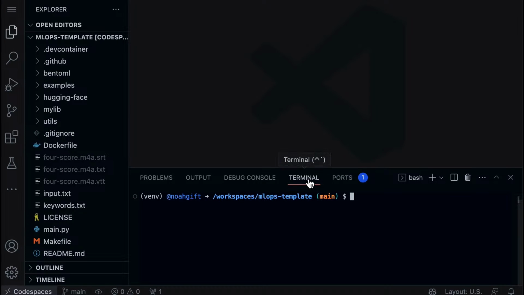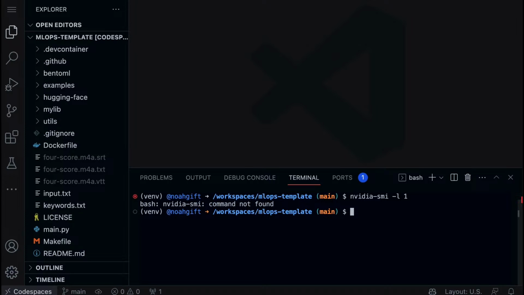So I've already done that, and you can see right here that this is the environment. When I launch it, it automatically has a Python virtual environment, and it's got everything set up for me. One of the ways we can tell that the GPU is enabled is if I type in nvidia-smi -L. If you install the NVIDIA driver, it'll show you